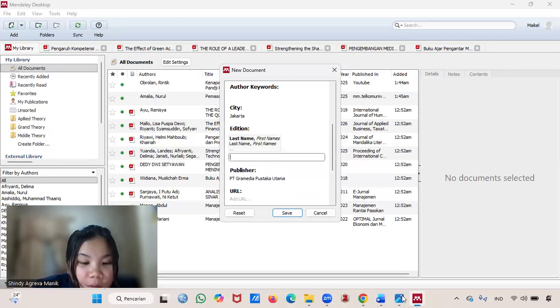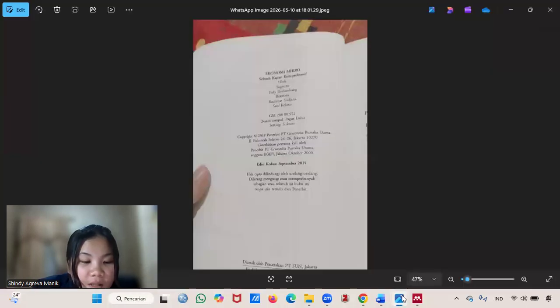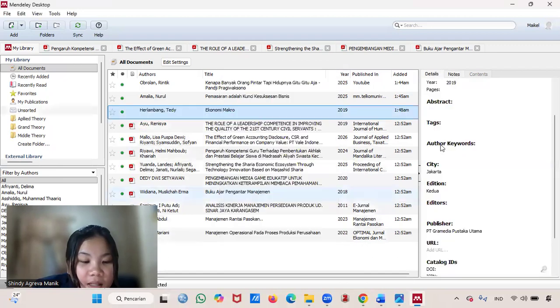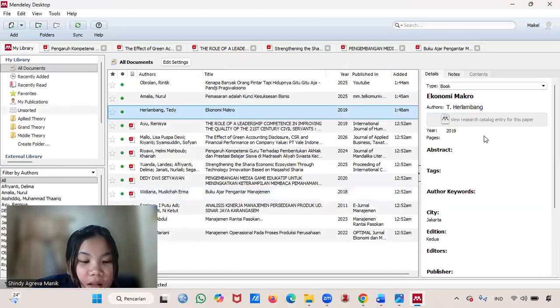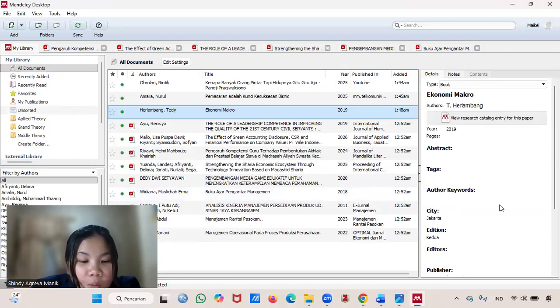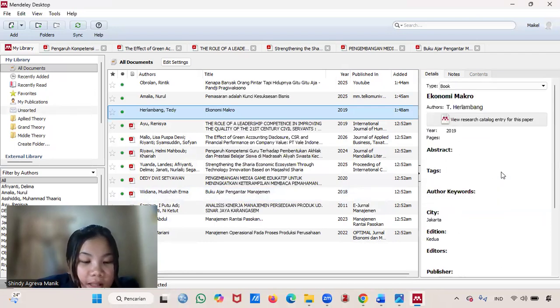Enter the city of publication and the specific edition of the book. Even though there is no PDF icon in Mendeley, the data is now saved as a reference. So when we cite it in Word later, the format will be perfect and follow the citation standards.